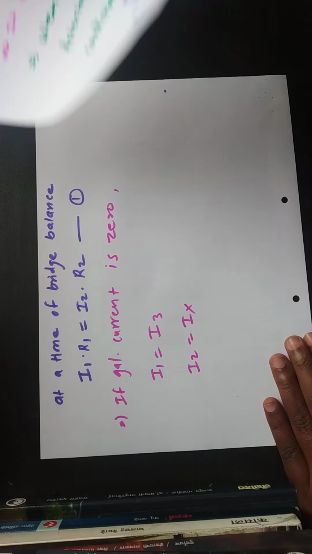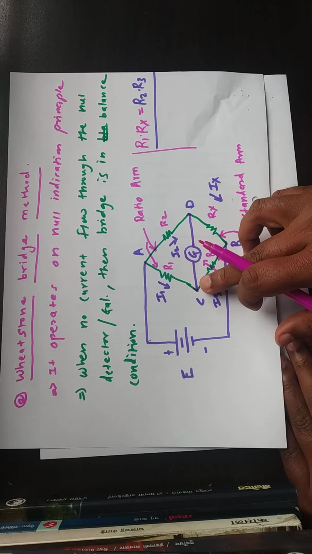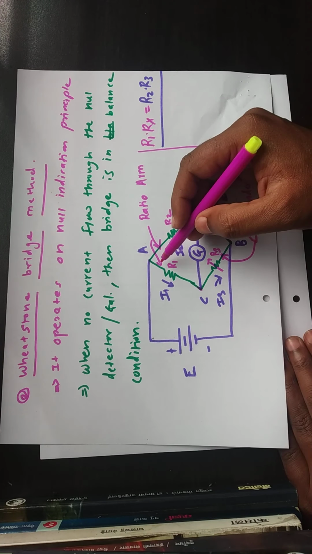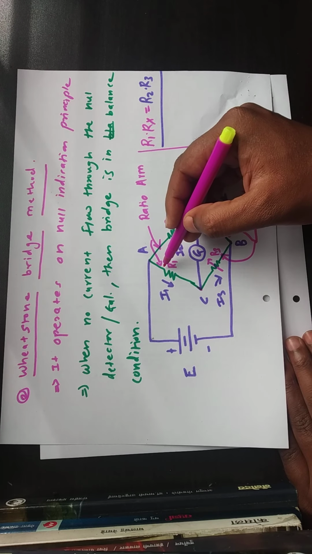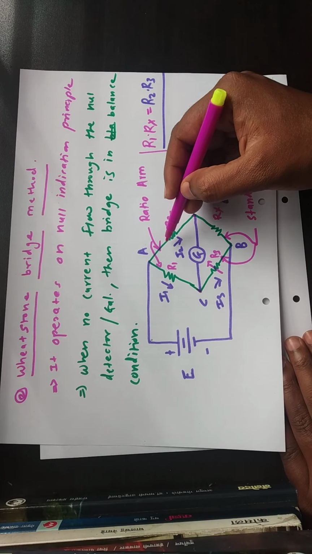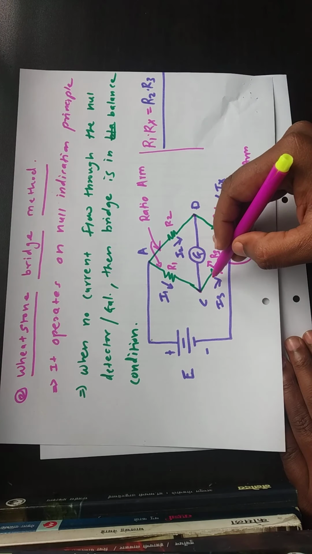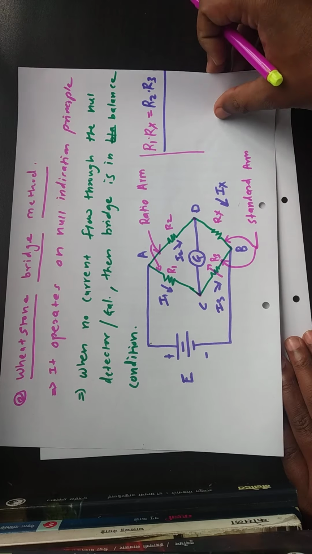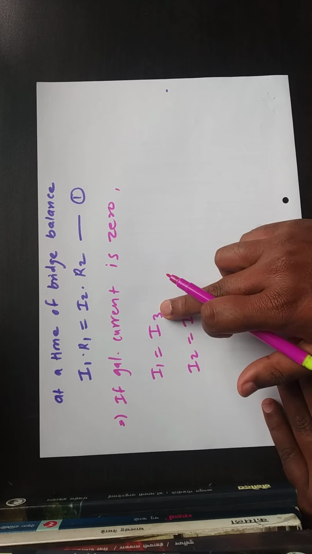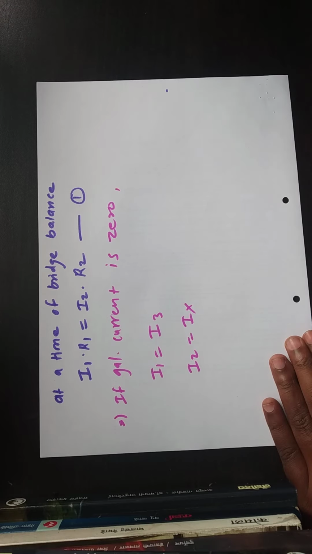So at the time of bridge balance, if the galvanometer current is 0, it means there is no current flowing through the galvanometer, and the current flows through these arms, R1 and R3. So I1 is equal to I3 and I2 is equal to Ix. Current will pass through like this, and through like this. That's why I write this equation: I1 is equal to I3 and I2 is equal to Ix. And if you apply a simple Ohm's law,